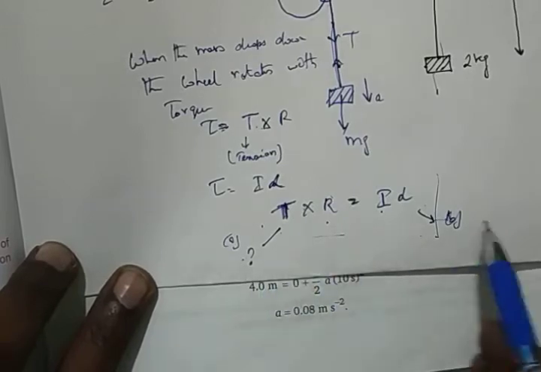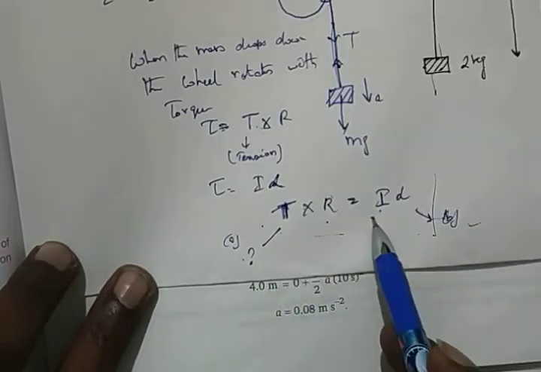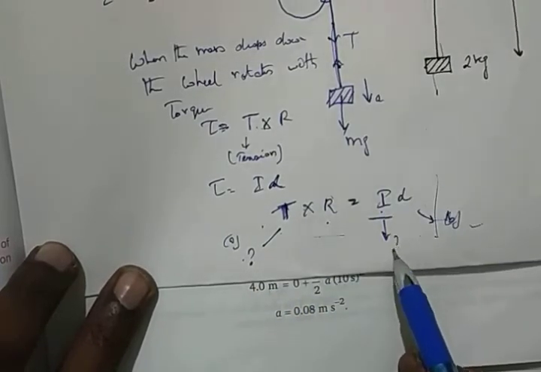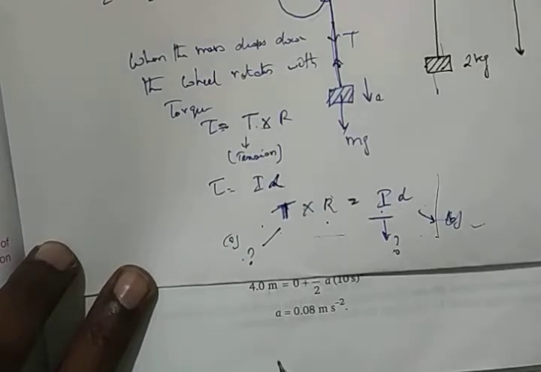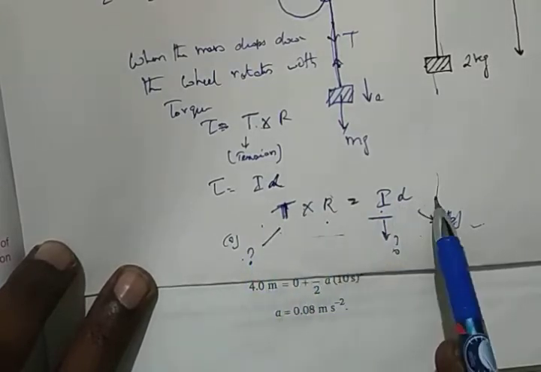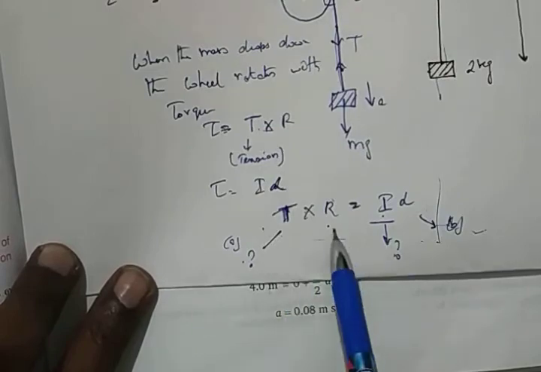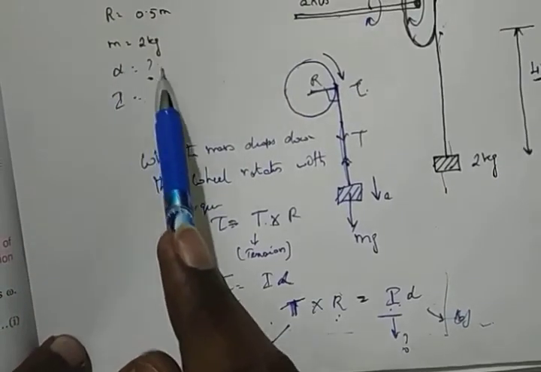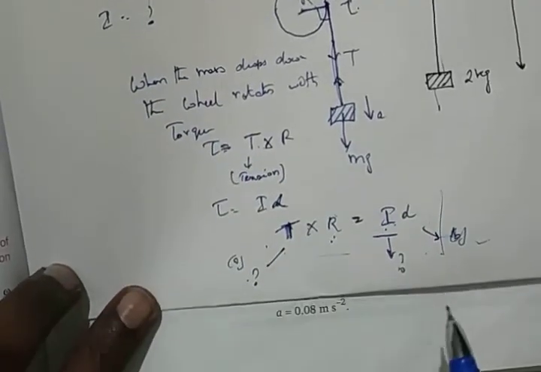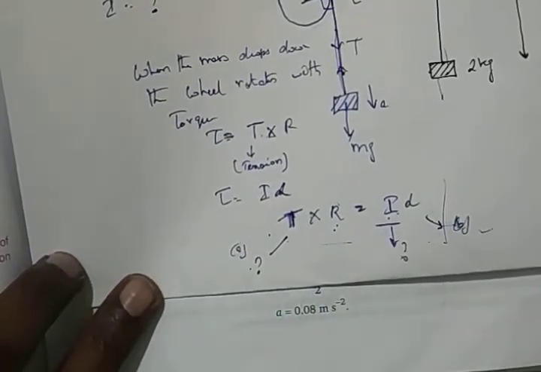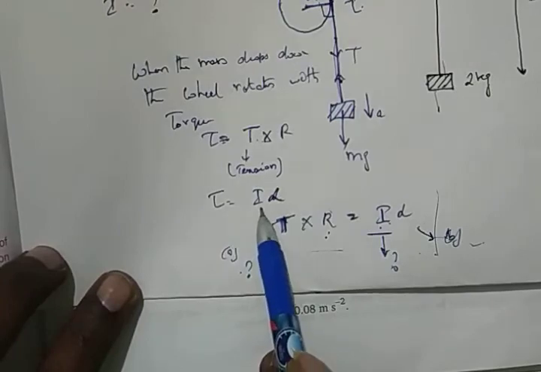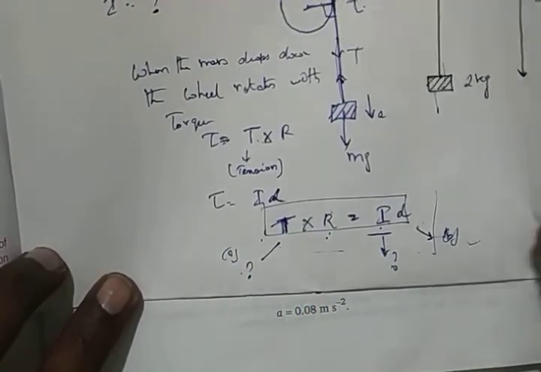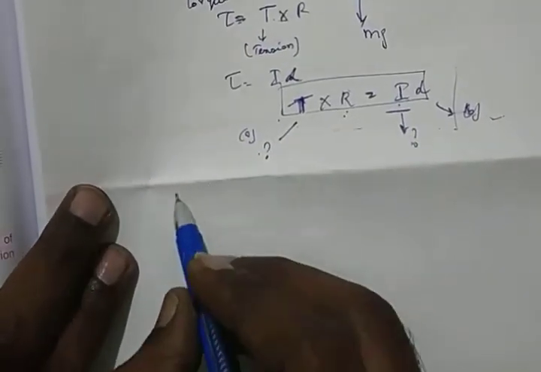Once you have found the A and B parts, then you can find out the value of the main question. There are three things which are not known here. Tension we don't know, only radius we know, I is asked, alpha is also asked. So alpha you can find out, and I also you can try to find out using this one. But this is the main equation. Equating torque is the main equation. Okay. Now I will go ahead to find tension, or to find